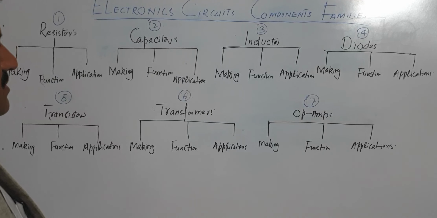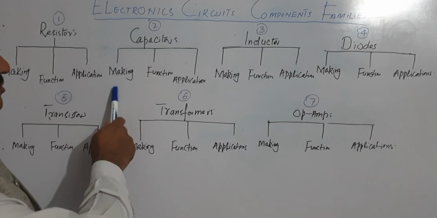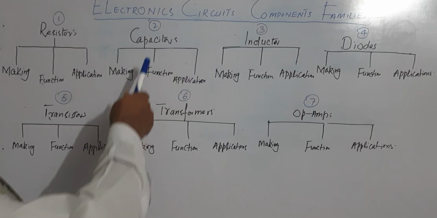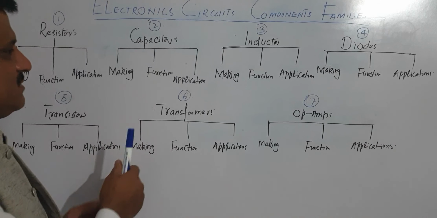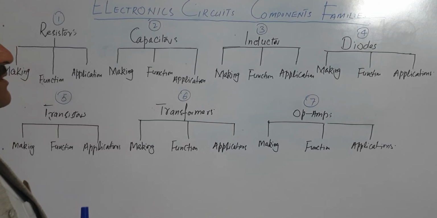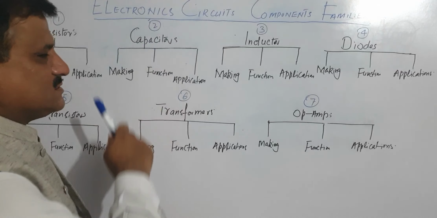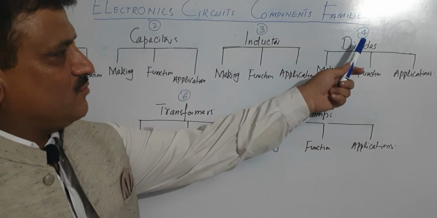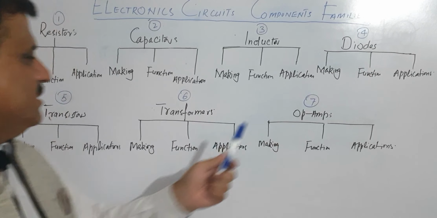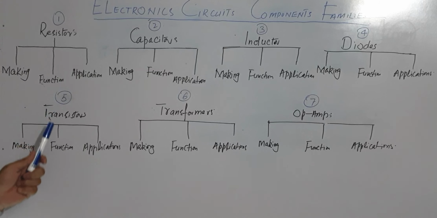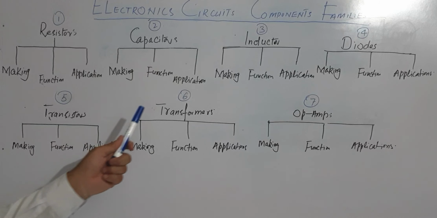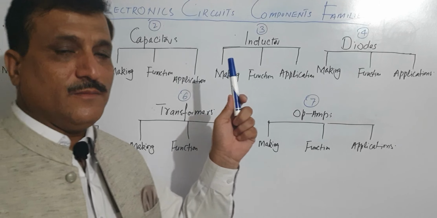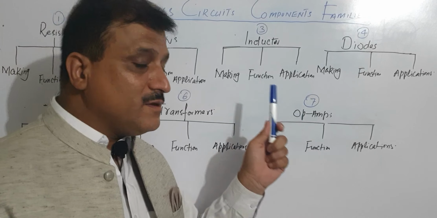If we talk about capacitors, there will be 3 things that I'm going to explain: the making of the capacitors, the very basic function of the capacitor, and the normal applications of the capacitors. The same is the case for the inductor, and the 4th component is the diode. The 5th component is the transistor. Here you can see the transistor. And the 6th, a very important component in electronic circuits, is the transformer. And the last component, but a very